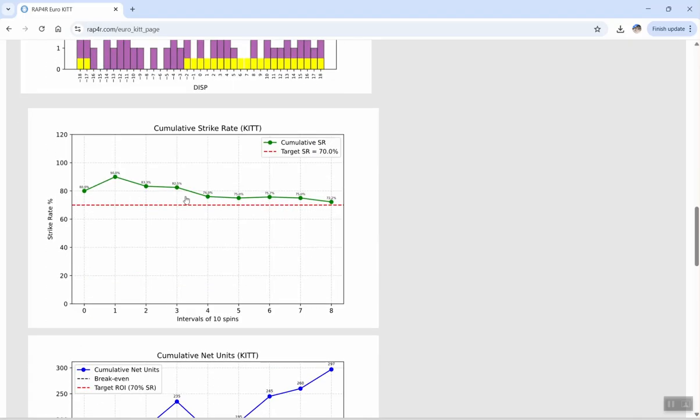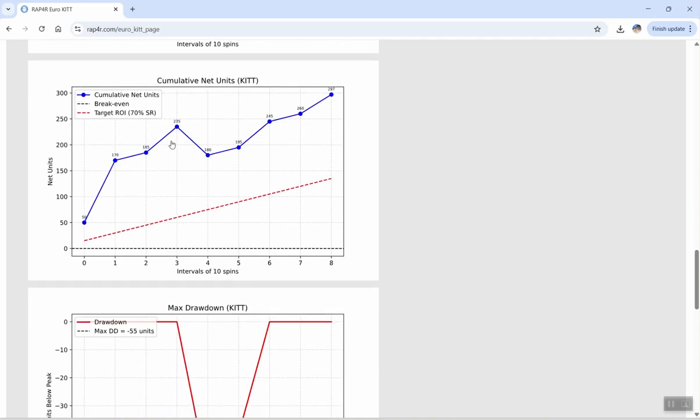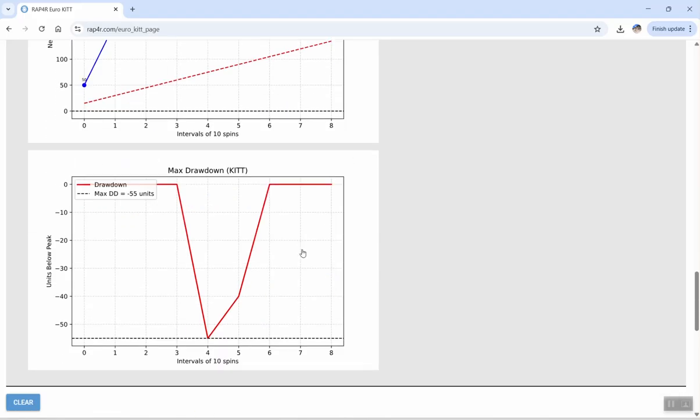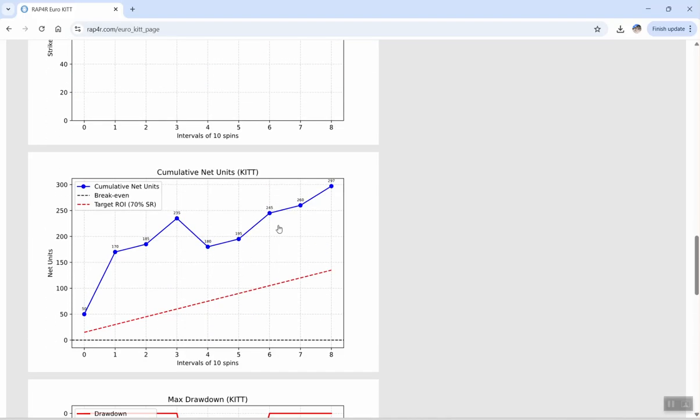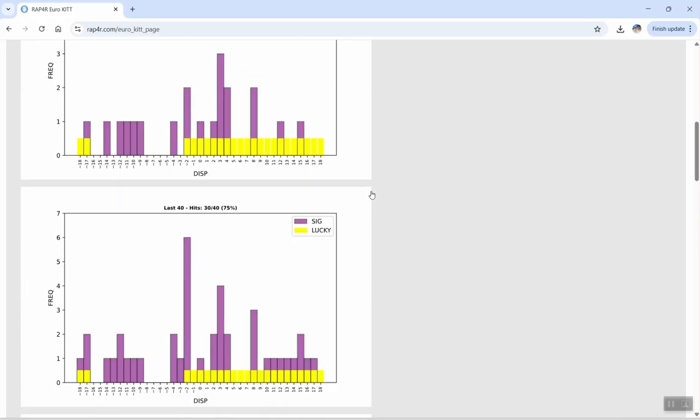And there's your cumulative strike rate. So you started off high, 90, went down, it's dropping down to 70%. But your cumulative net units, you would have made 300 net units if started at 0. So a little bit of a drop there, and then goes back up again. So max drawdown, you're at -55 units, but then came back up. So you would want a stop loss of, say, 50 negative units, and then recovers again based on 86 spins